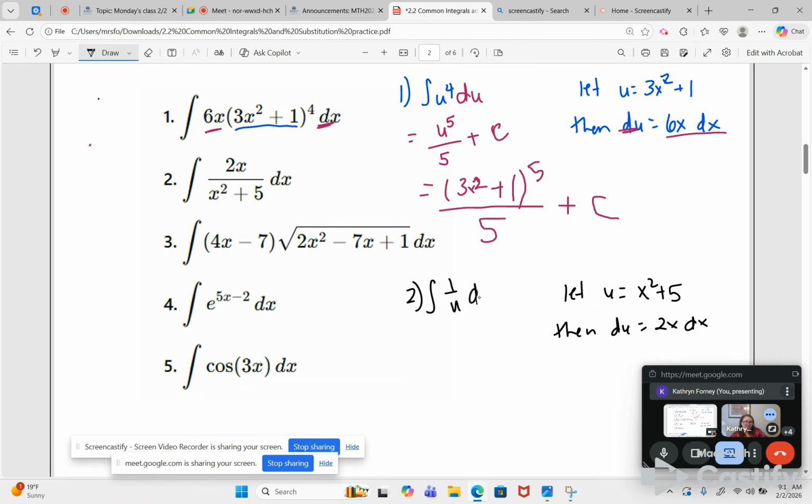then du, because of the 1 over u, and then,